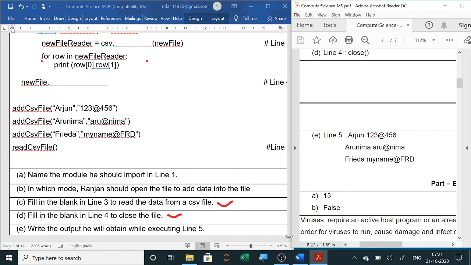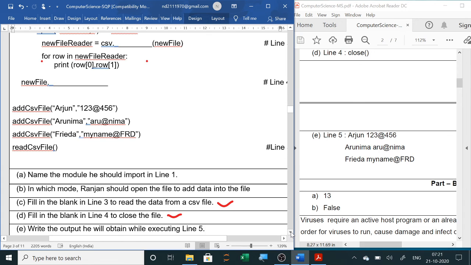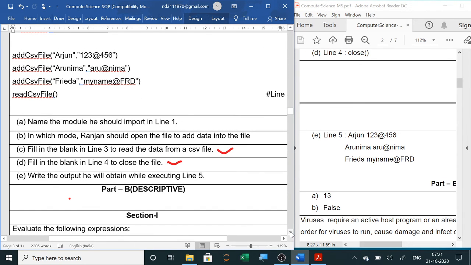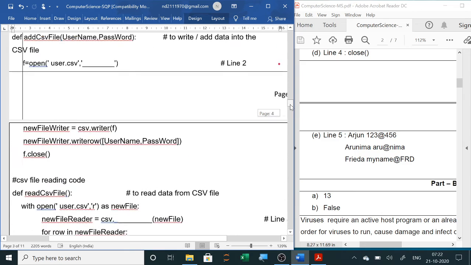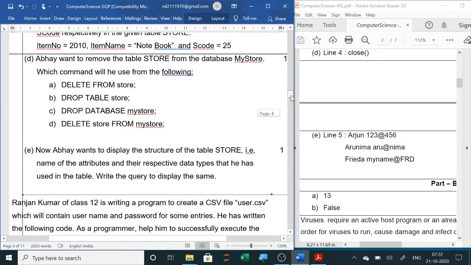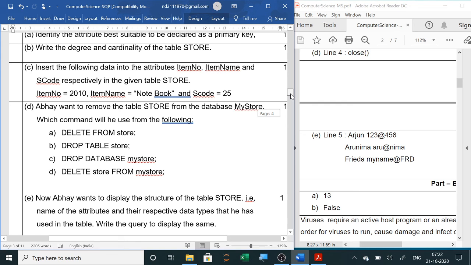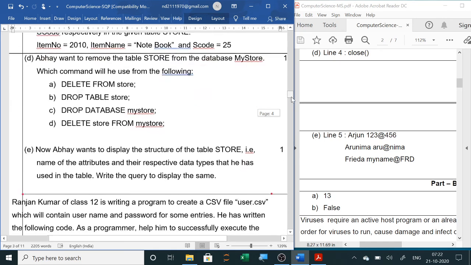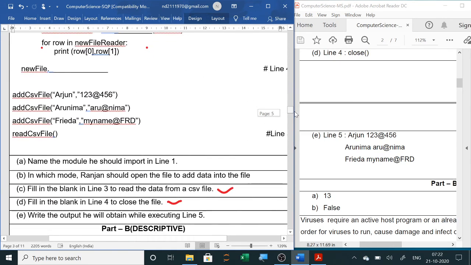Now let's do the next one. So this is over, section 2 part B. Now if you have any doubt, ask your doubts in the comment section. So there are 2 case studies and 5 questions of 1 mark each, but you have to solve only 4 questions of each. From the first one also, there are 5 questions A to E of MySQL, only 4 you have to attempt, and here also you have to attempt any 4. Clear? So this is your part A, section 2.